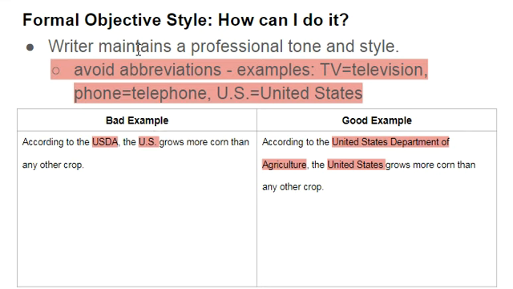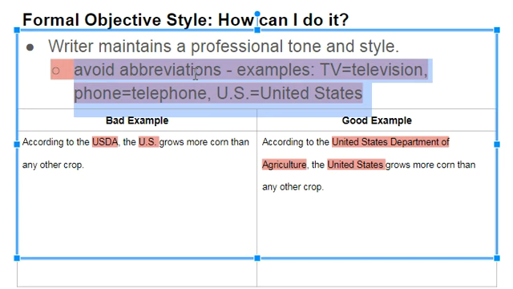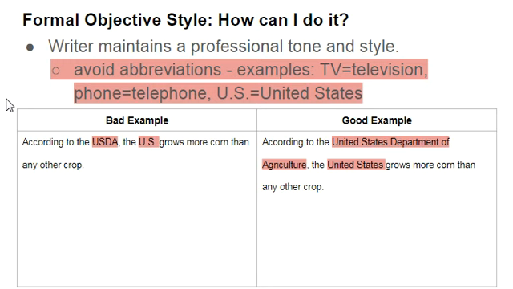Alright, the next way to maintain a professional tone and style is to avoid abbreviations. And again, there's hundreds of examples of this, but here's just a couple common ones. You should not say TV, you should say television. You should not say phone, you should say telephone. You should not say US, you should say United States. So these are some ways to avoid abbreviations, okay? Another way to avoid